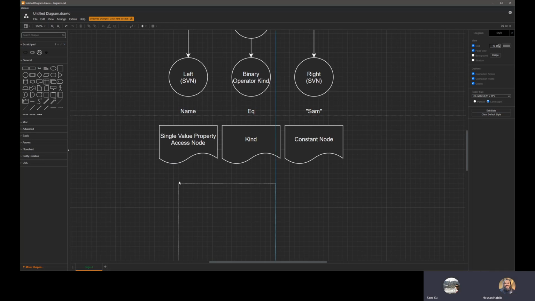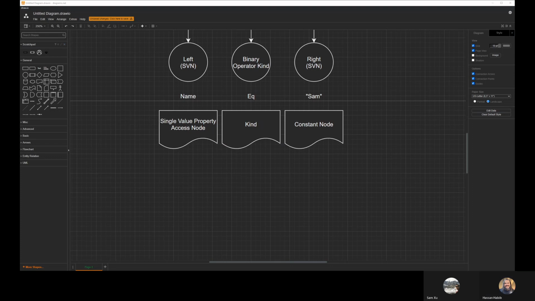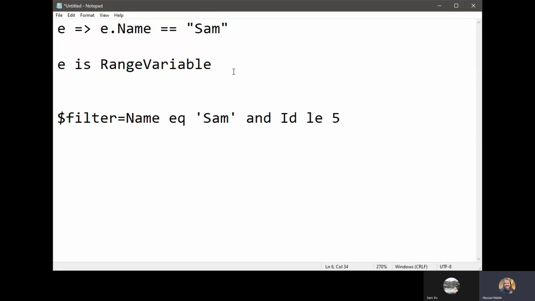Okay, let me copy what you just wrote. Sam here is writing a little piece. Take a look here. LT, sorry, LE. Let's go back here. So what you typed is basically this piece: filtered name equals Sam and ID LT, less than, 5, right? So you can see dollar field is